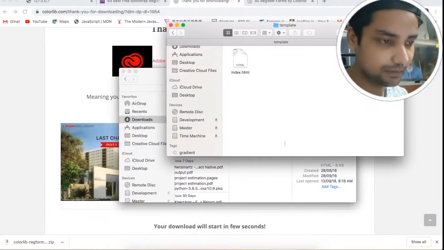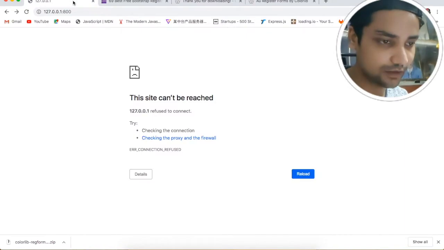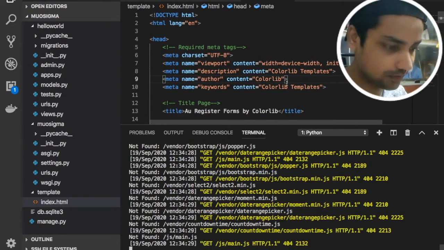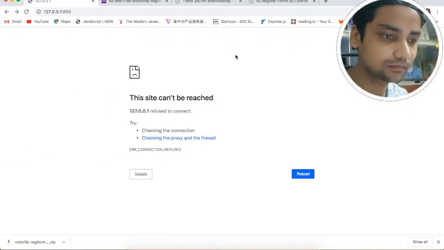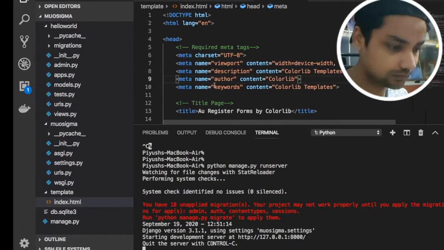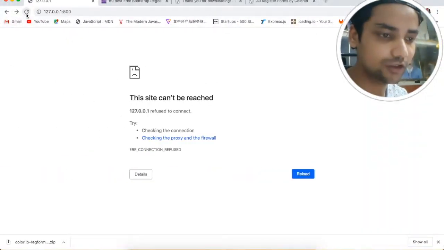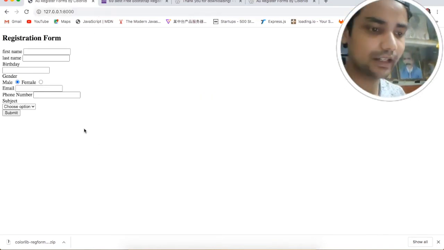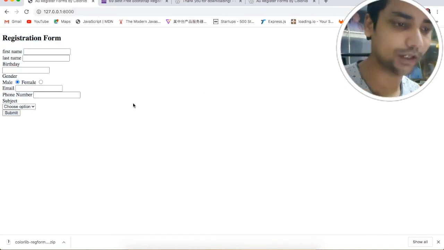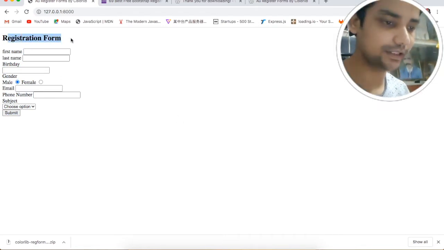So let me just rerun my server once again and refresh this page on port 8000. Here you can see our register form, it is like this, but where is the css?